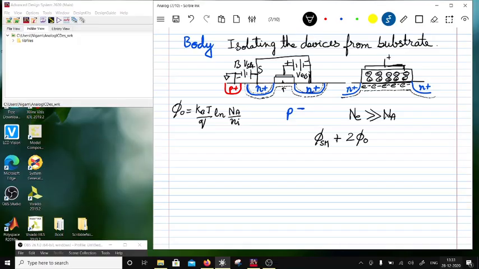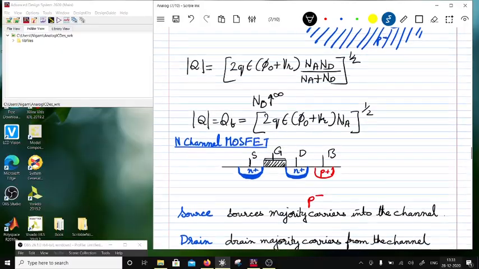So what is the work function? This is the potential which is required to free or pinch off these electrons from the nearby N plus. If this potential is large enough, then these electrons are going to move in and will be supplied by both sides, by source and drain, to form a channel underneath. So that potential is the metal work function, plus twice the built-in voltage, plus it has to overcome this